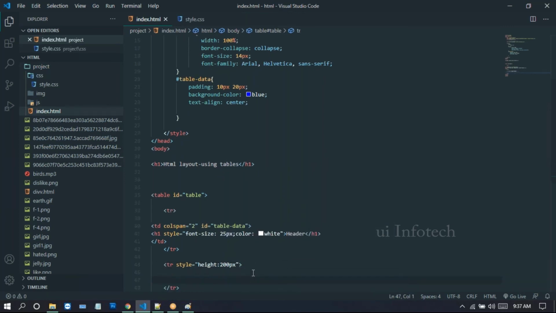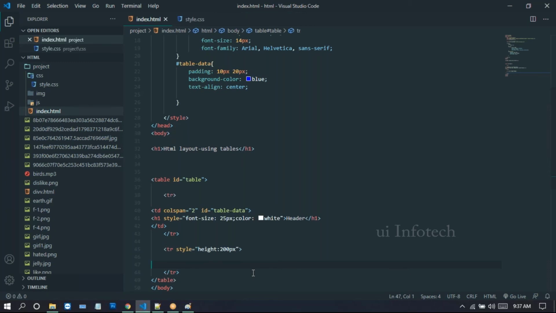Now inside this tr, we provide one more td. For this td, we apply the styles here. For this td, I'm taking this class. I'm taking this class as table data.